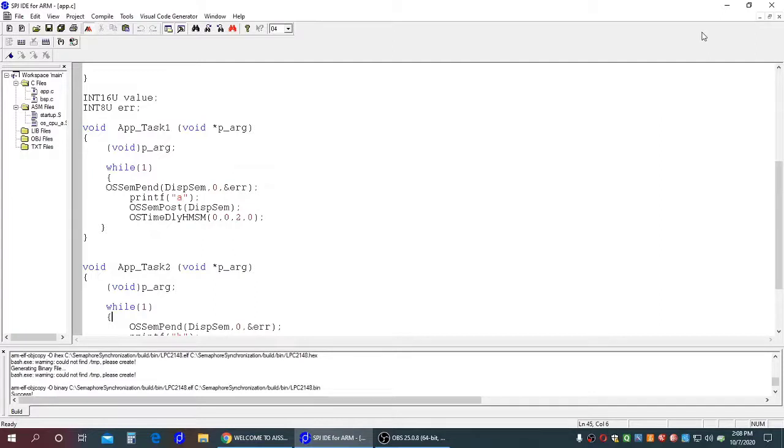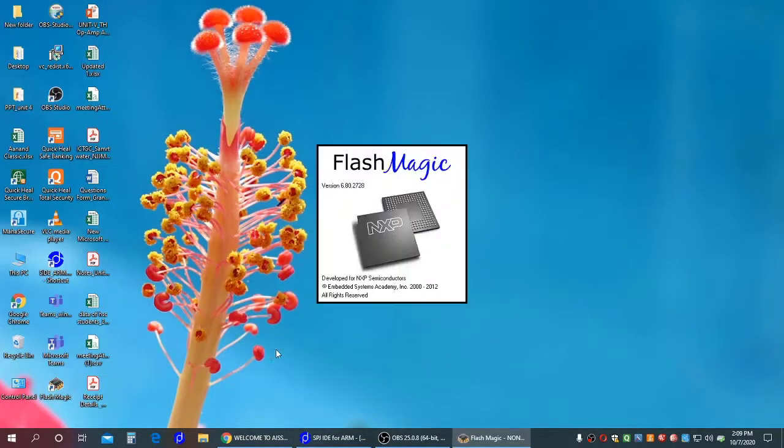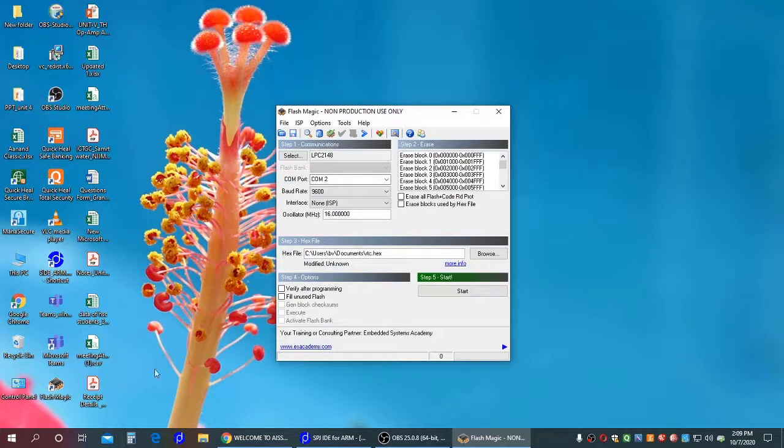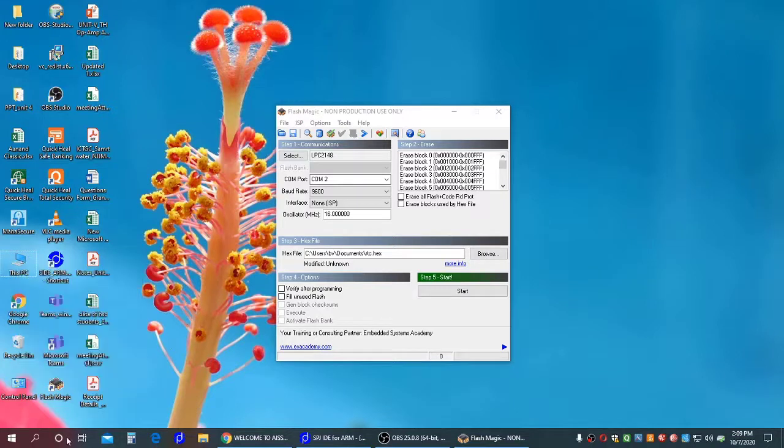Now it is time to download the hex file in the flash memory of the microcontroller. So for the same, I will open FlashMagic. Already I have connected the kit with this particular PC. Just to cross verify, I will check the port number from the device manager.